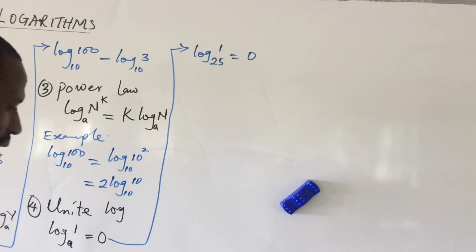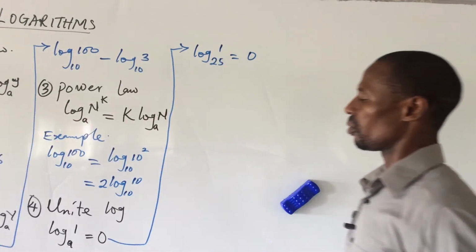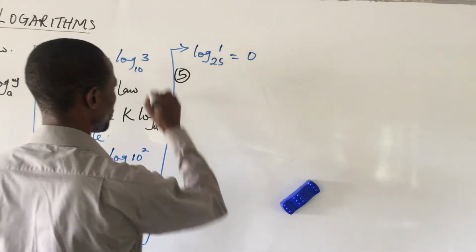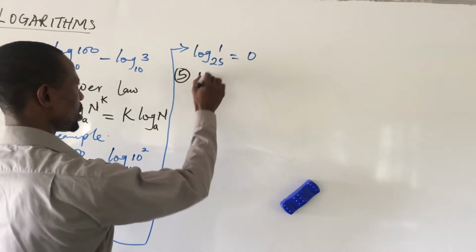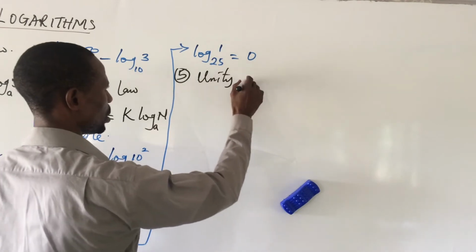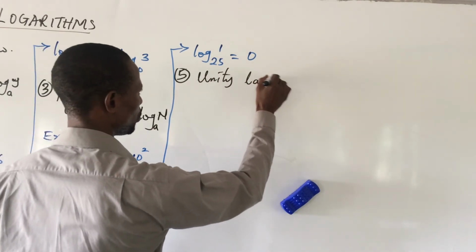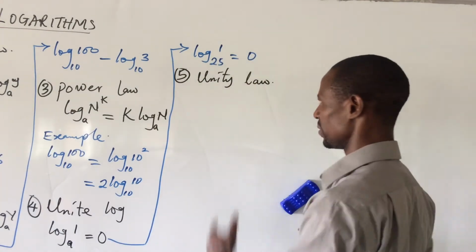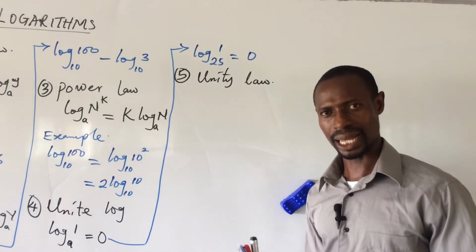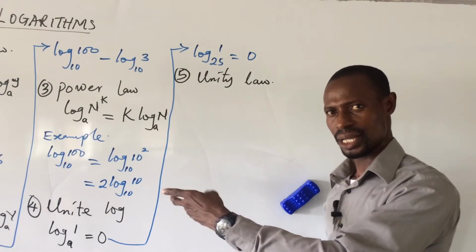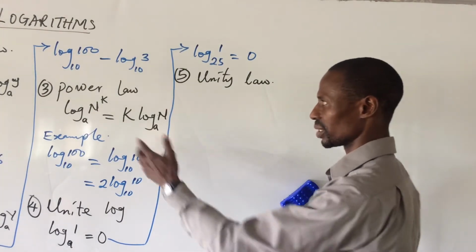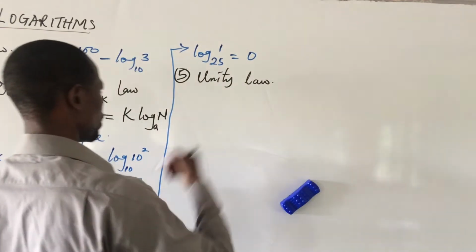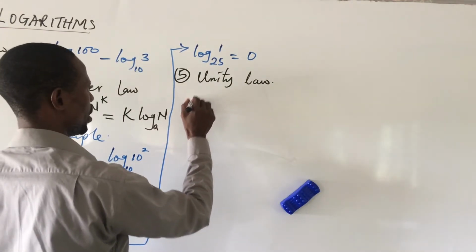Then we proceed to the next law, which is what I call rule number 5. Rule number 5, I call it the unity law. Some of these names I gave them, I looked at them critically and decided to give them these names. You might not see them in other places, but they are in conformity with the rules here. The unity law says that if you have log